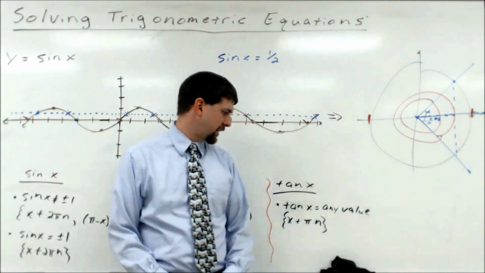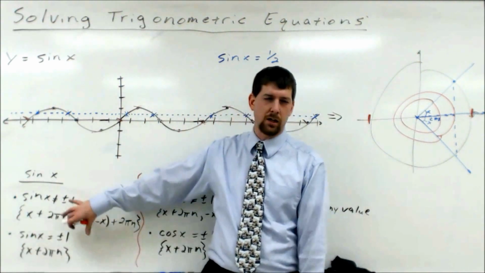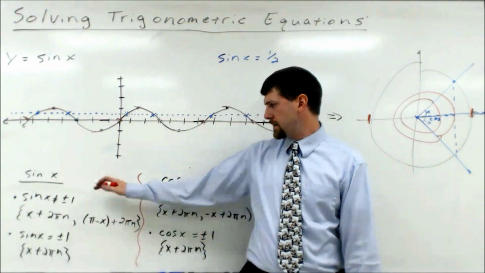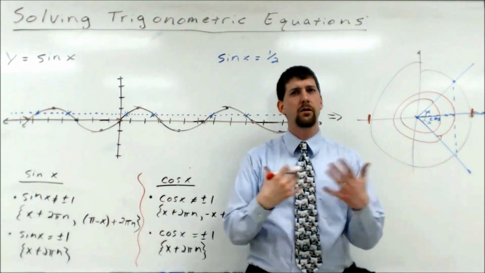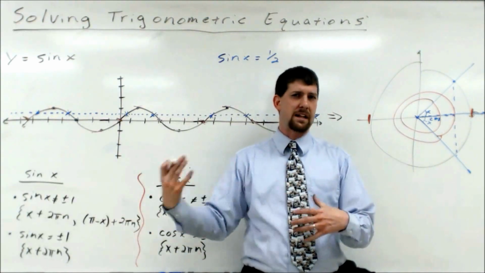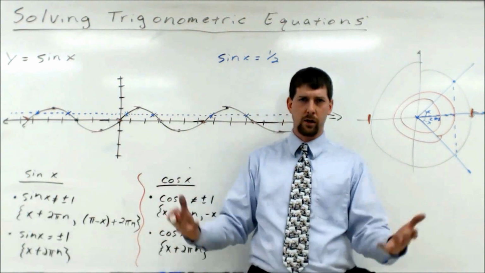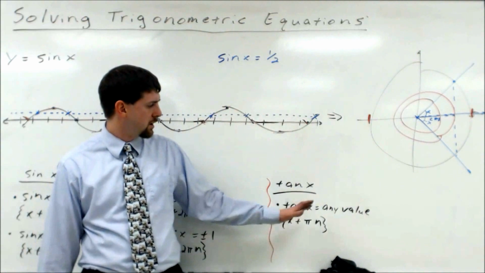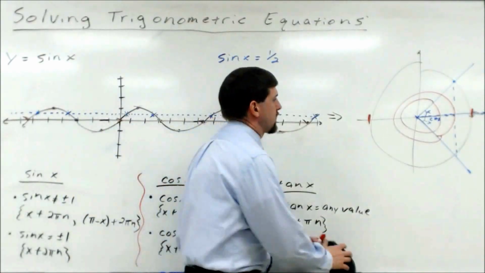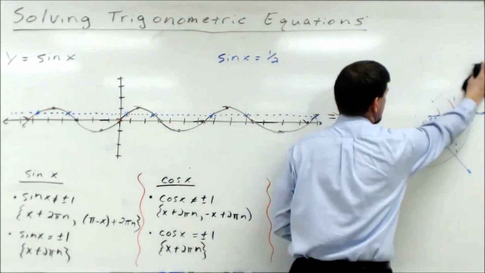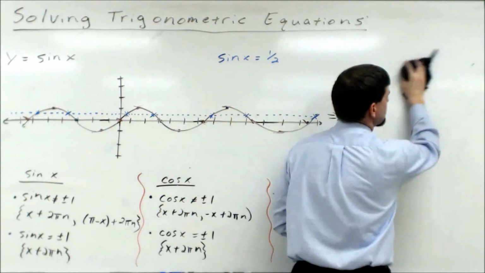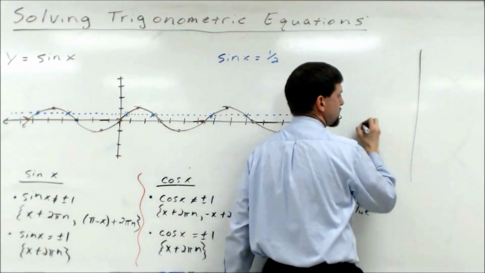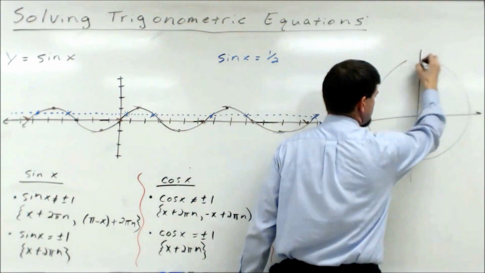And then lastly, I want to talk about tangent. And secant and cosecant, they're going to be the same thing as sine and cosine. You're just going to change how you get the relationship to get the angle, but once you got the angle, the number of times it occurs is the same. Now, tangent, we know is a little bit different, that it is defined not from 0 to 2 pi, but rather from negative pi over 2 to positive pi over 2. So for tangent,